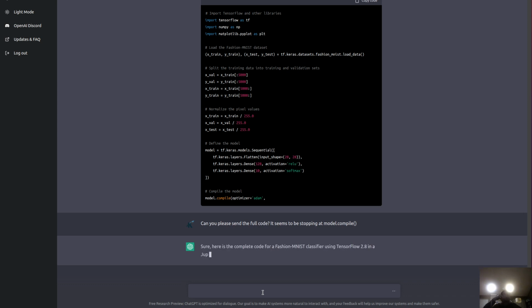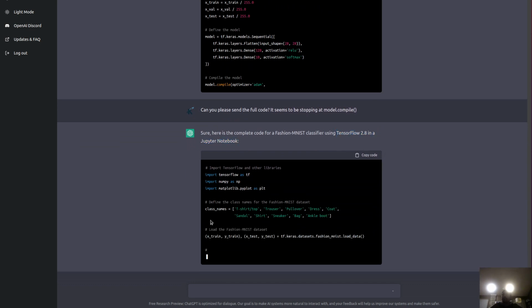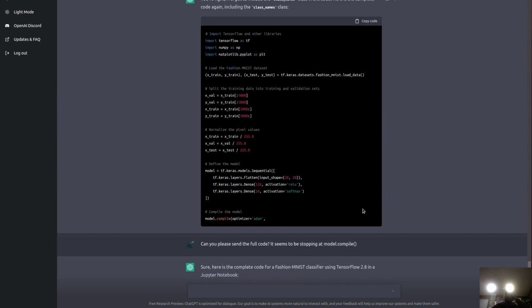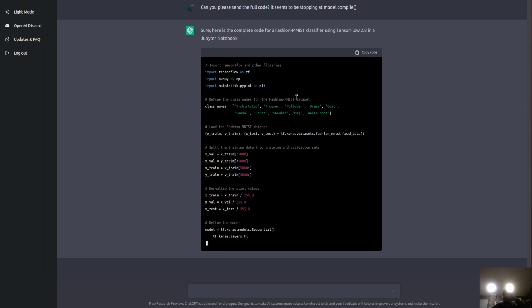Okay, so 2.8 Jupyter Notebook. It just remembers this. Okay, there's the class names. Did it do the class names? Nope. So this time it did it. Okay, it's importing after that. Define a class. It's even putting in the comments. Look at this crap.